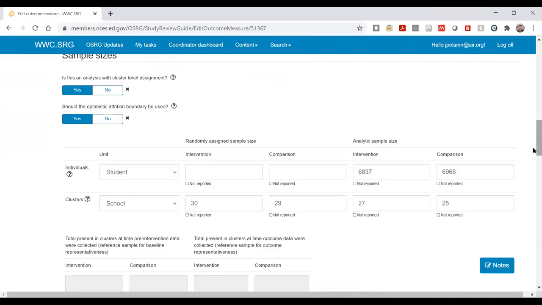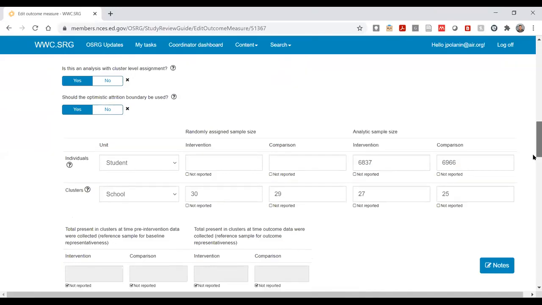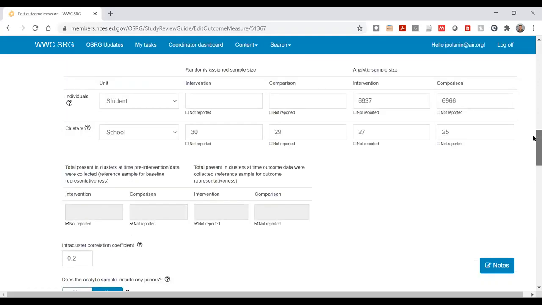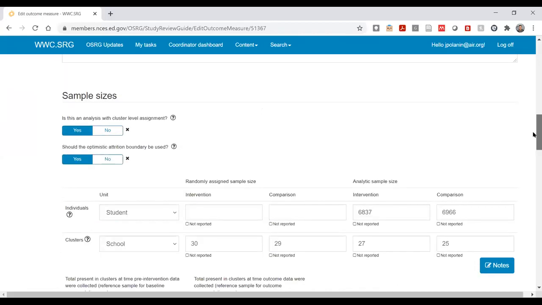The authors did, however, provide evidence of baseline equivalence on the analytic sample. So this study meets standards with reservations because there's no other overriding factors that would result in the study being rated does not meet group design standards. Okay, so to the